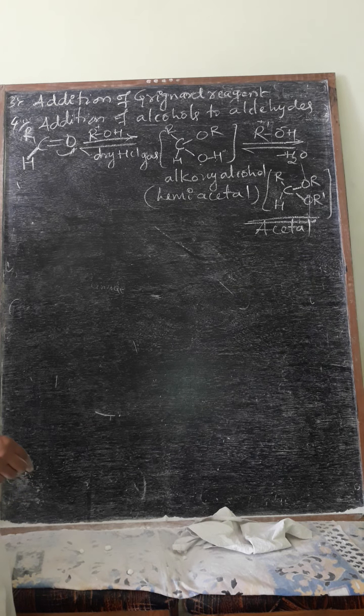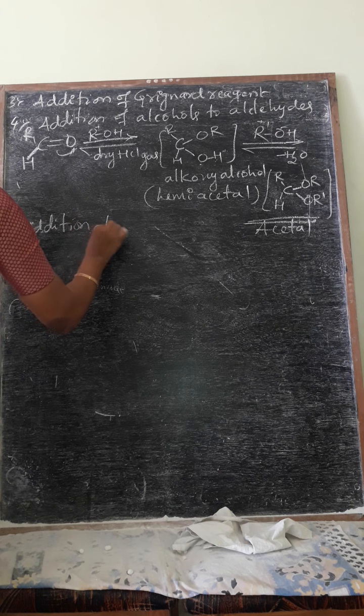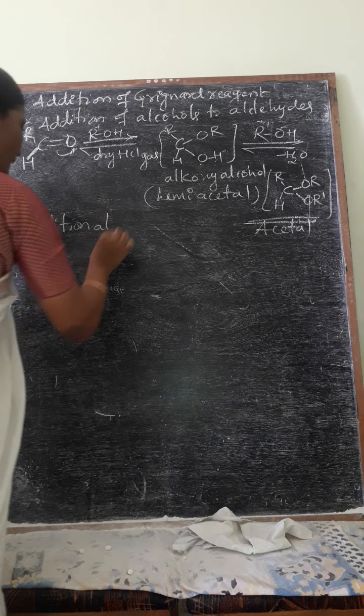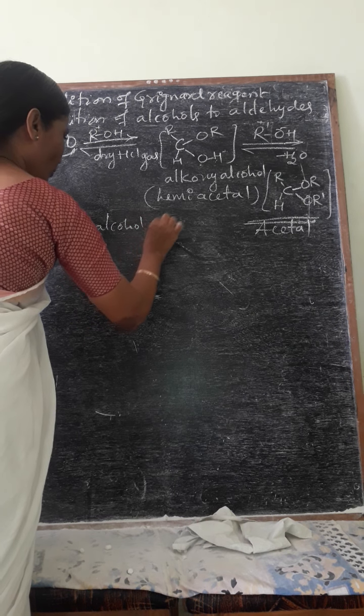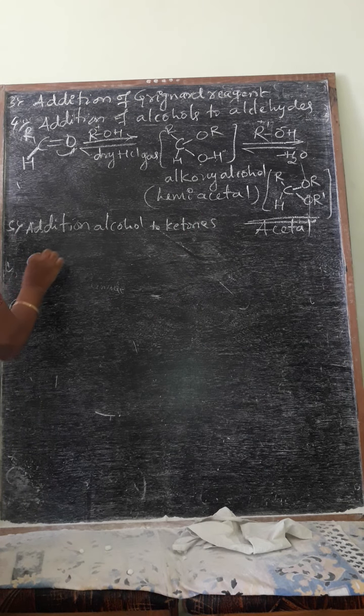If you are taking some other examples, instead of R you have to take CH3 and complete that reaction. I will continue in this case. Next one is addition of alcohol to ketones. Addition of alcohol. Here the alcohol is dihydric alcohol, added to ketone. The ketone formula you already know. I write it in a similar way, take R or keep it as it is. The group is generally RR.